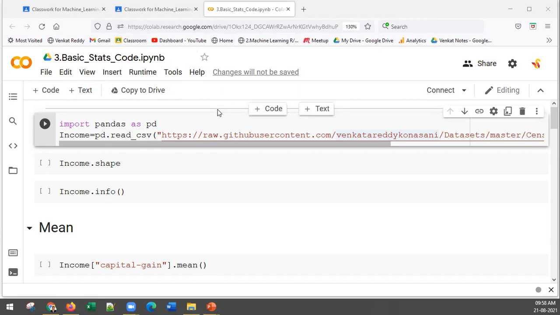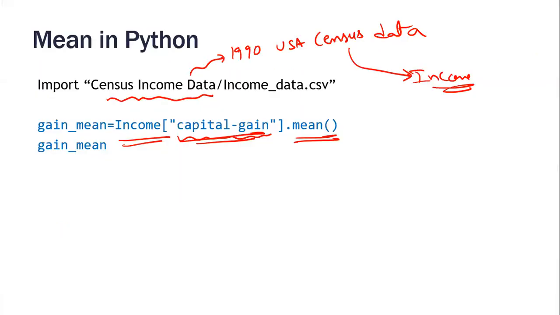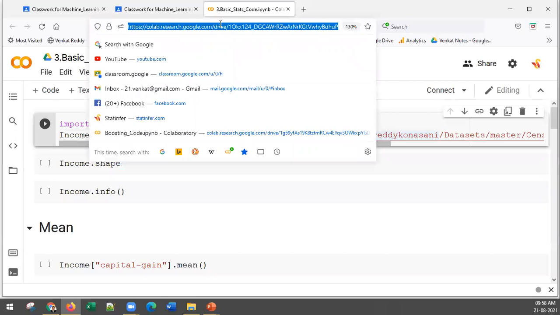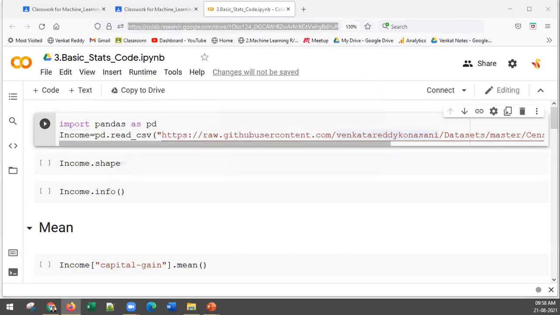All right, now let's get back to the business problem. The problem is, can you please paste the link again? Okay, here is the link. Here is the link. Vinod, can you access the link now? Yes, okay.